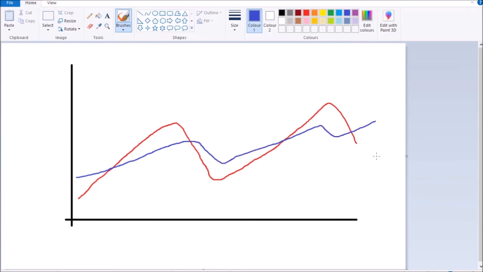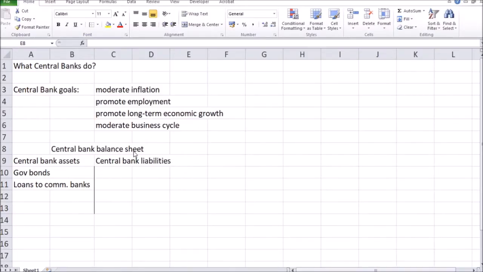Compare the blue line and the red line. Blue line is less bumpy. Central banks might actually support the economy by providing more liquidity during the recessions and perhaps preventing bubbles when the economy is getting overheated by reducing the liquidity. But again, some might argue that central banks are lately reluctant to reduce liquidity when the time comes to do so. Next, let's have a look at central bank balance sheet.